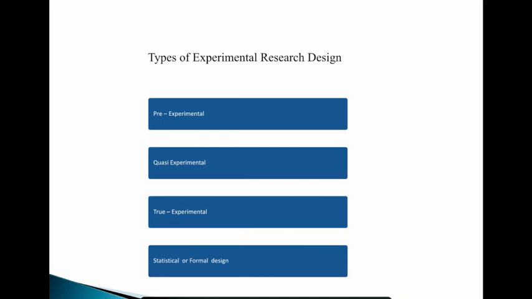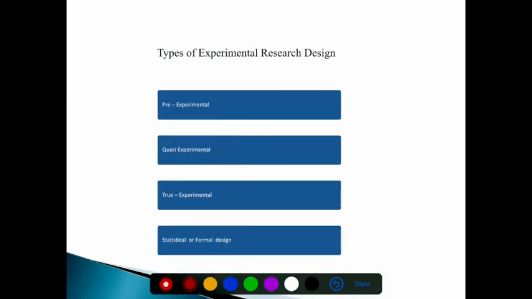And at the end of this video, I'll be giving you the major types of experimental research design. Before my next video, please read about these experimental research designs on your own, and then we'll take them up one by one, because in the beginning of my video I told you that this is a big topic in research design, and a little bit critical to understand and a little bit critical to apply. But believe me, this is a unique way to make your research work novel, because it always gives you a different edge.